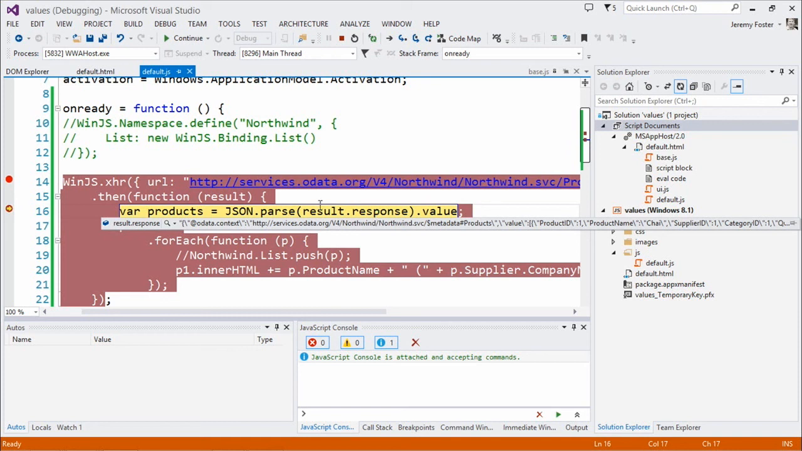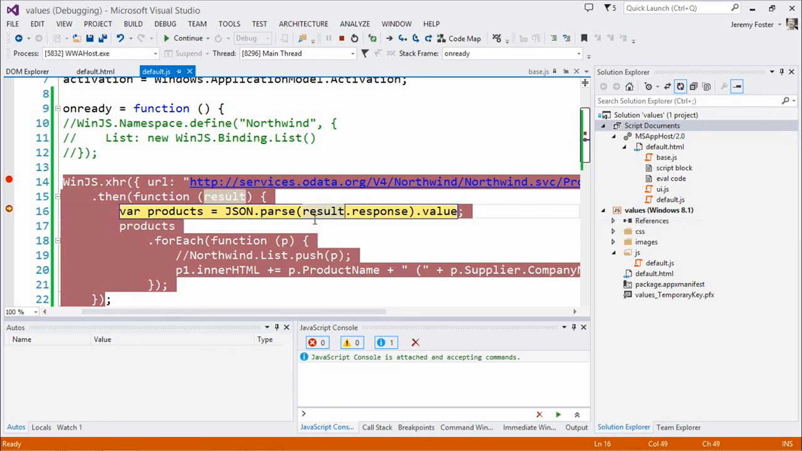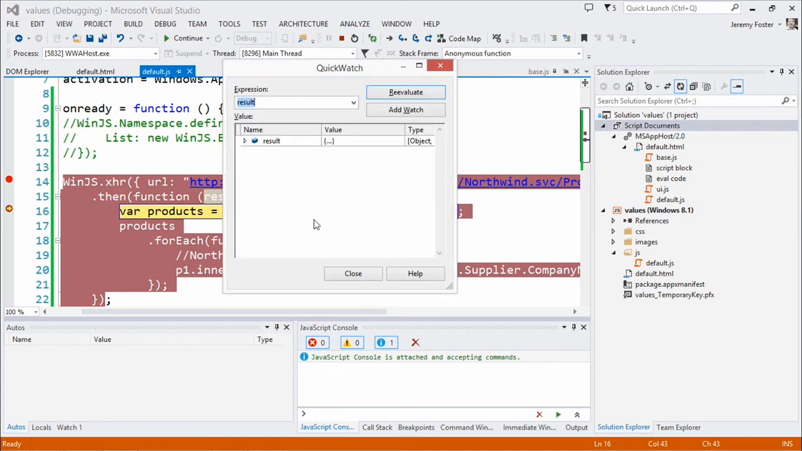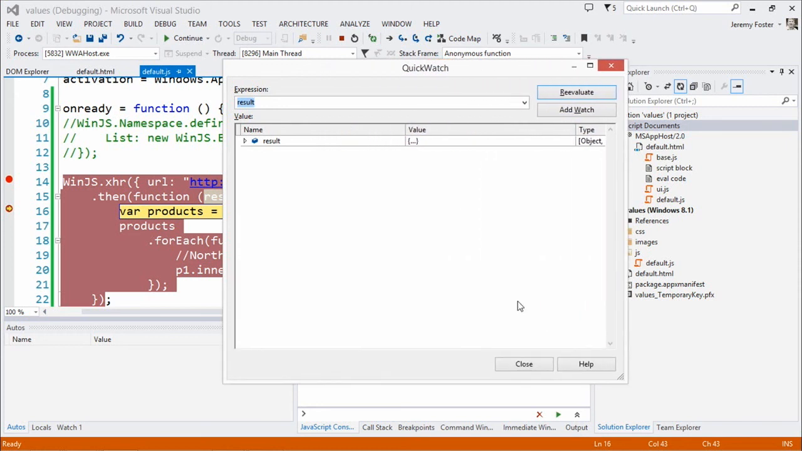Now, when it came back with this result object, if you don't know this, you should. If you hold down Shift and hit F9, it opens the Quick Watch in Visual Studio. Super handy. Shift F9. That brings in the Quick Watch, and the Quick Watch is a place where you can kind of do some